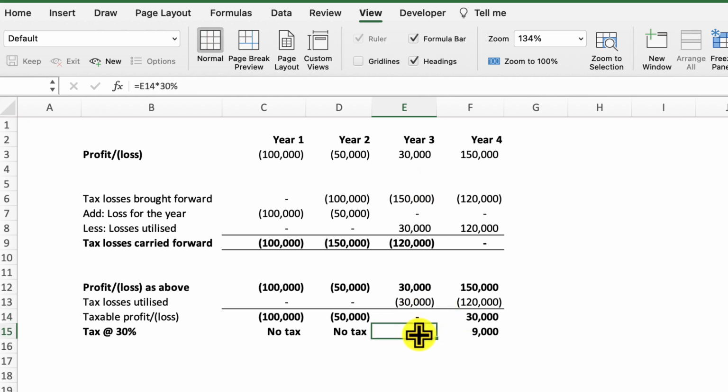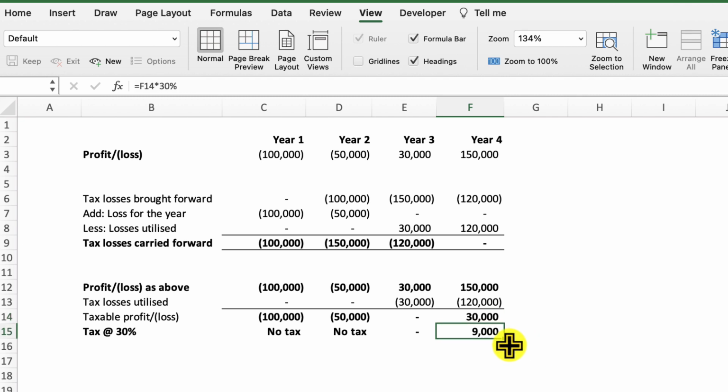Now, out of our losses of 150 in year 2, we've utilized 30 in year 3. So now we have 120 in year 4. So in year 4, when we make a profit of 150,000, we then utilize our losses of 120. So that means we only really have to pay tax on 30,000, and that is 9,000, assuming a rate of